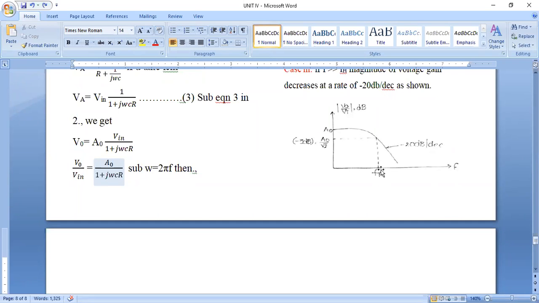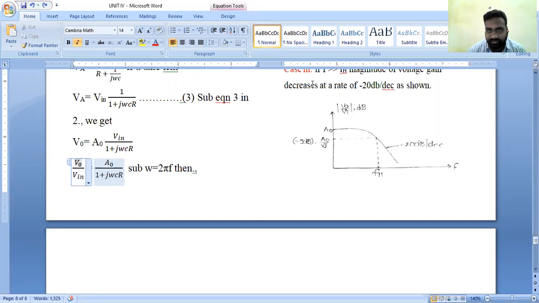If we increase the frequency beyond the higher order frequency, or upper cutoff frequency, the gain is decreased at 20 decibel per decade. That means if we further increase the frequency, the response characteristic is decreasing. The entire behavior of the frequency response characteristic is stated under three cases,